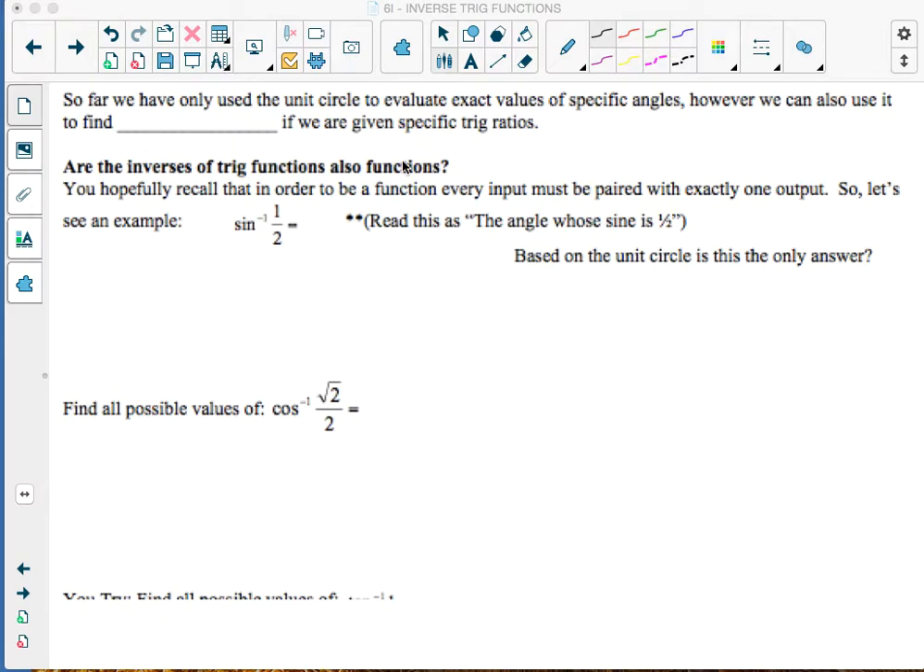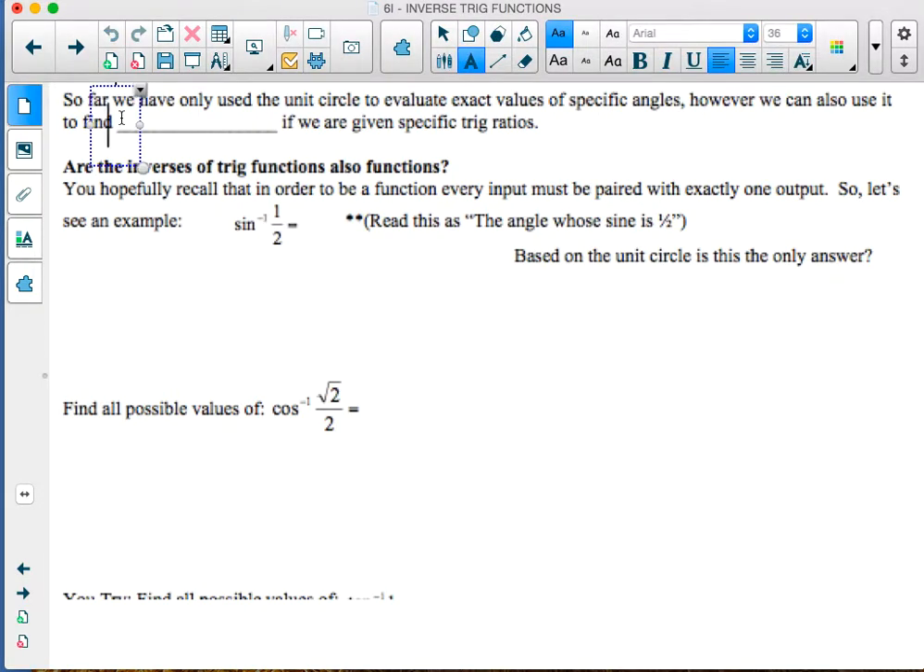Okay, so far we've only used the unit circle to find exact values of specific angles. However, we can also use it to find angles if we are being given a specific trig ratio. So far, we've only done things like what's sine of 30 degrees, and we've been able to give back 1/2. But now we can answer questions like sine inverse of 1/2, which really means